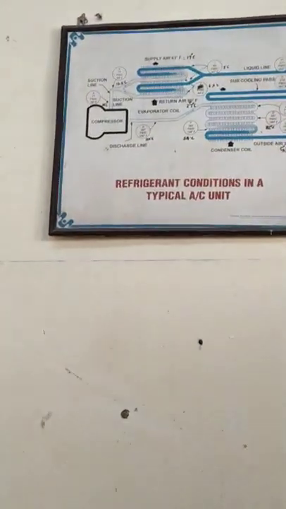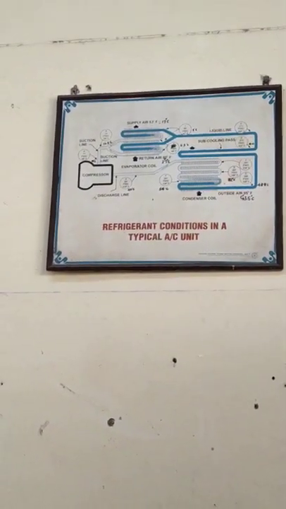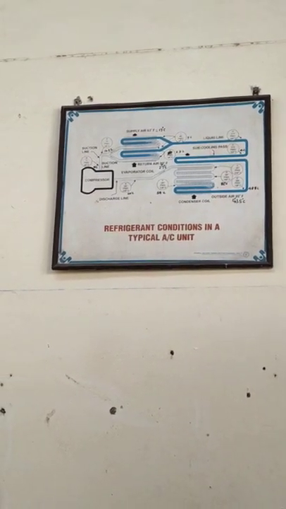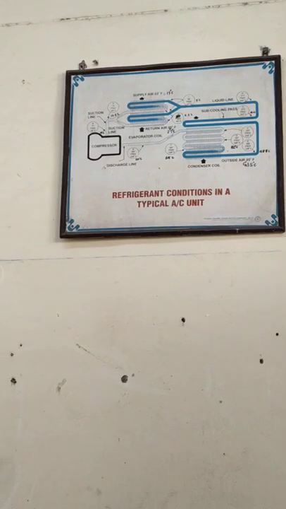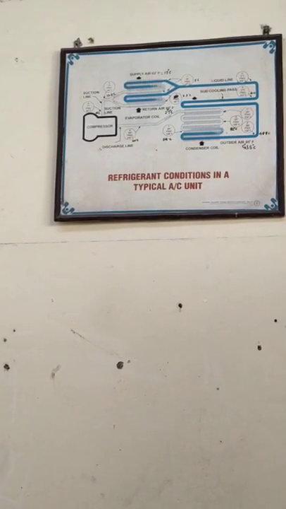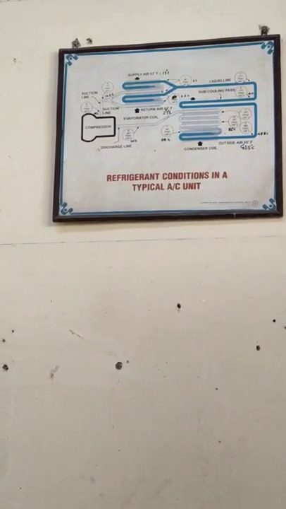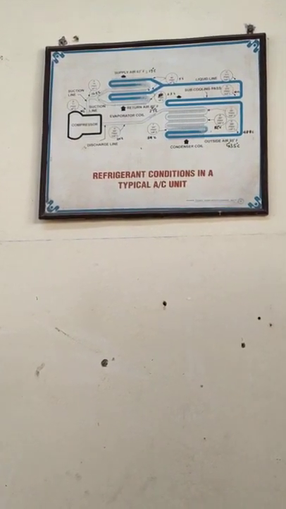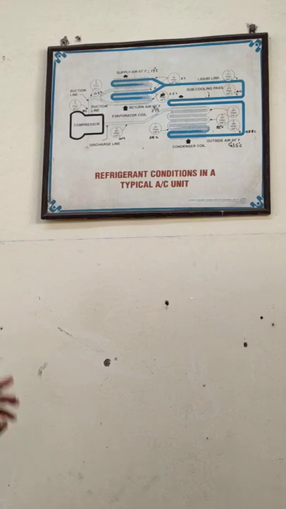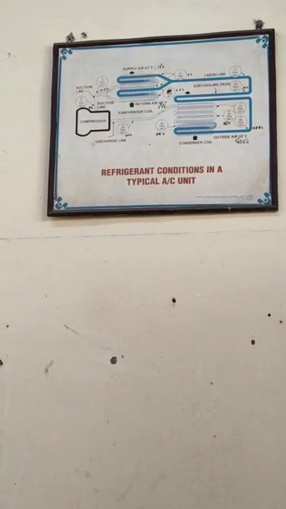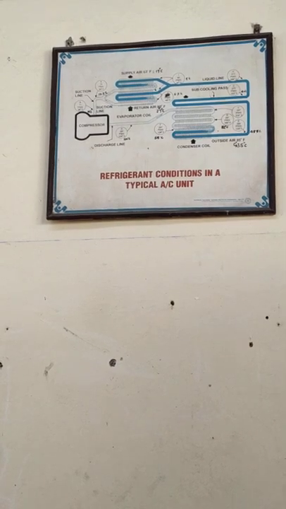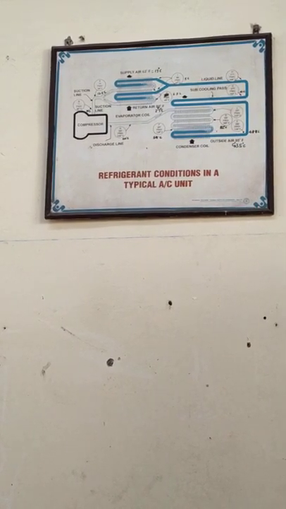In this figure, this is the VCR cycle. First of all, the refrigerant comes into this compressor. After compression, both the pressure and temperature increase when it passes through the condenser, where it removes the latent heat to the surrounding, and there is a phase change from vapor to liquid. Then it passes through the expansion valve, where it expands and both the pressure and temperature decrease. After this expansion valve, it passes through the evaporator.